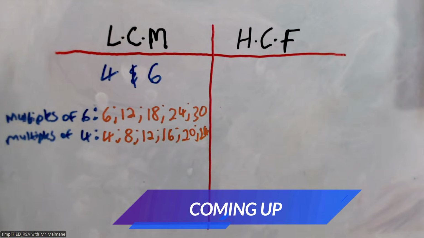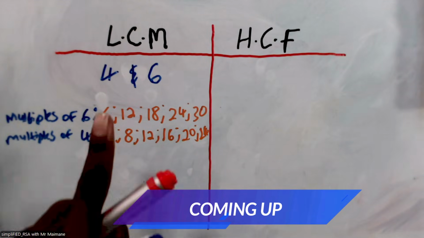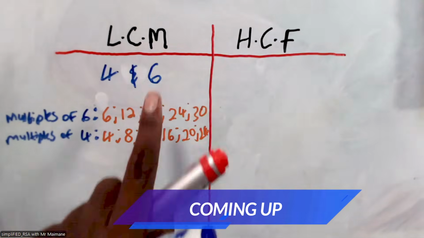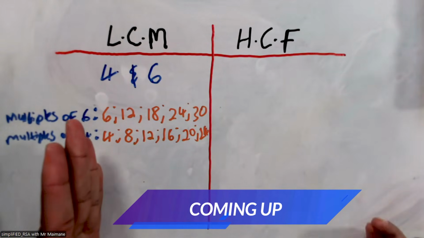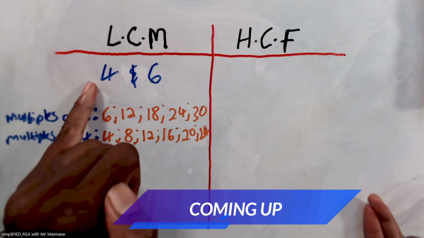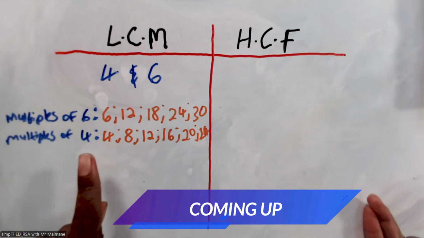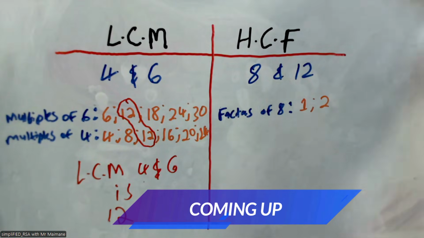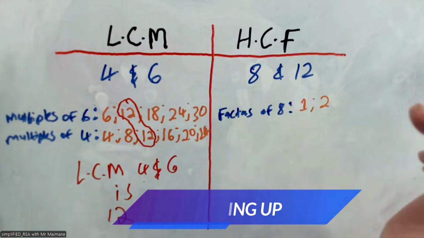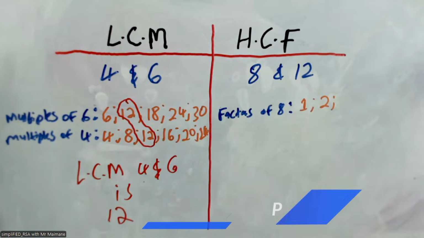Now, I'm looking for the lowest common multiple. From the lowest common multiple, if I start from right for both the multiples of 6 and 4, 2 is a factor of 8. Remember, factors is numbers that can be divisible by 8. And when you multiply,